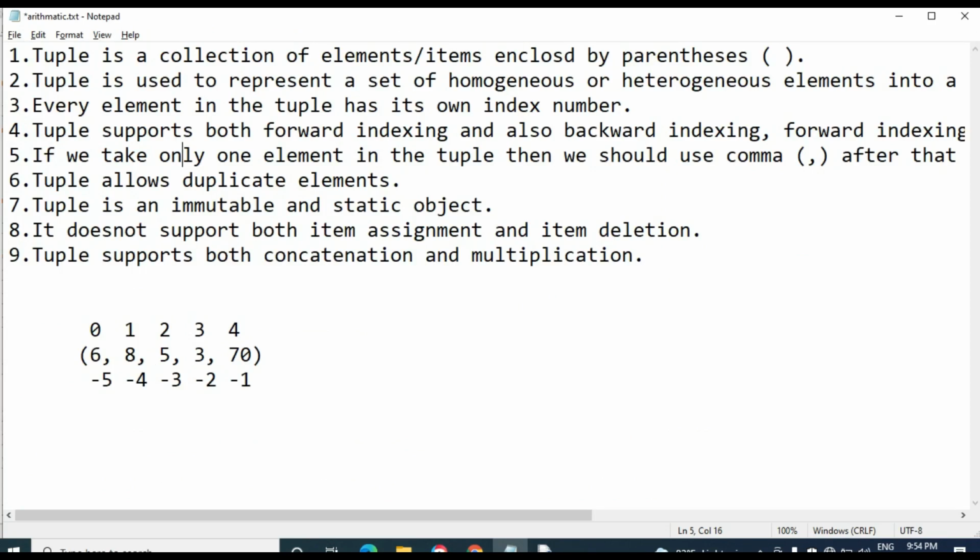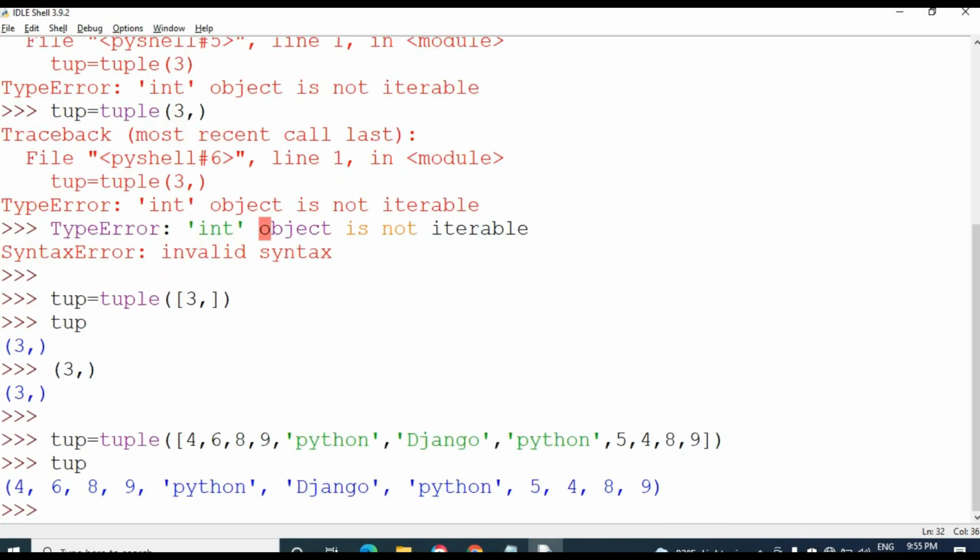Then the next one is that a tuple is an immutable and static object. That means we can't modify any element in the tuple because tuples are immutable objects. For example, this is the index number of 4: index number 0, and this one is 1, 2 and so on.